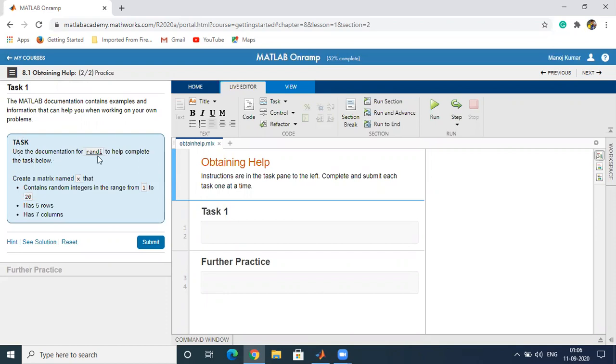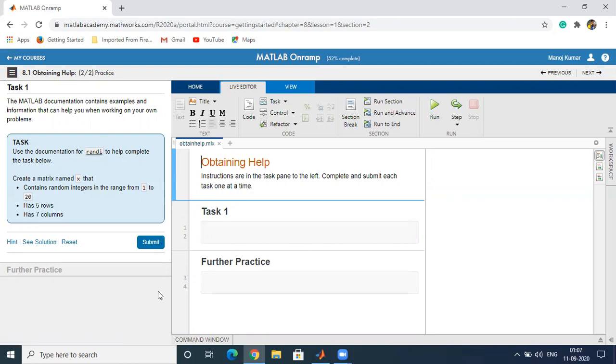Use the documentation for randi to help complete the task below. So randi, this is the function. You can use the documentation file help command to get the help for this, and you can automatically do the work that you want to perform. So use the documentation for randi to help complete the task.